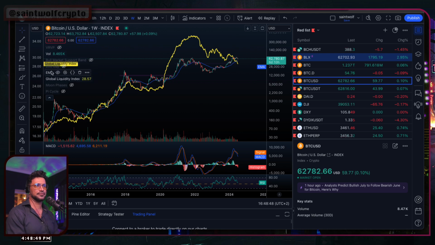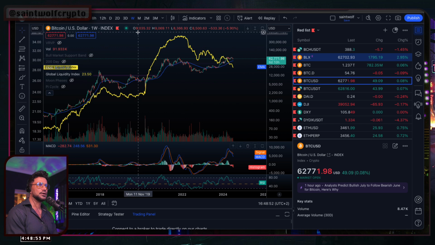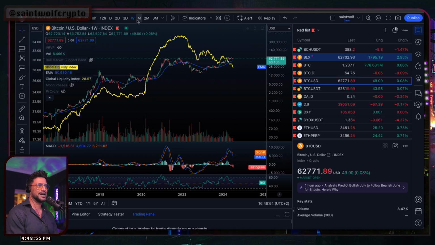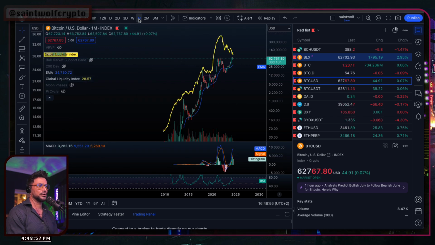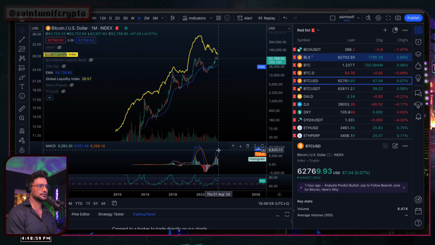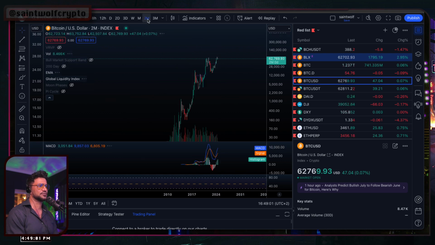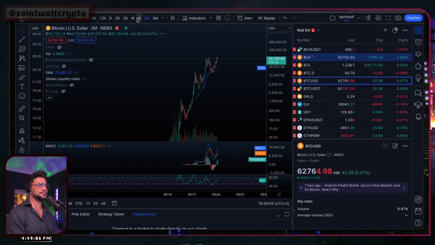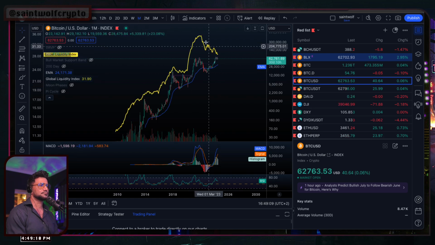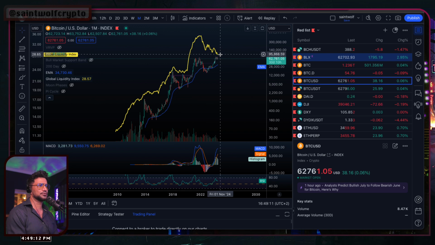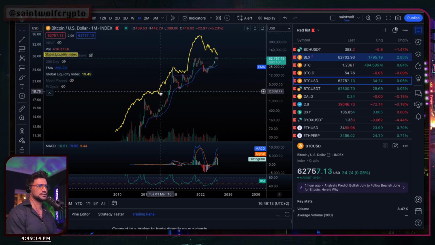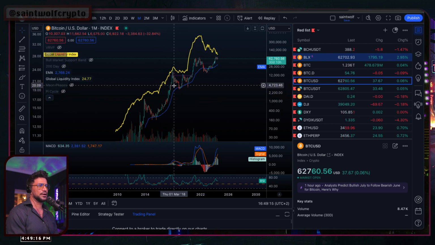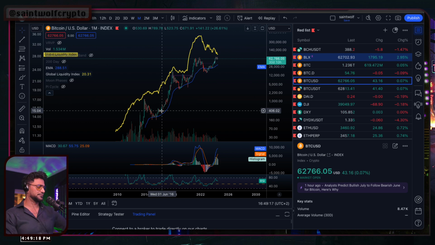And the 52-week EMA and the Global Liquidity Index are what I was showing you right now. I've also got this on the weekly, which is turned down. But if we go to the monthly, well, we can see this kind of curving up at the top there. It's kind of slowing down a little bit. 3 months is pointing straight up. 2 months pointing up. But the GLI is pointing straight down. But you can see here where it came down and we went up. We were above the 52-week EMA.